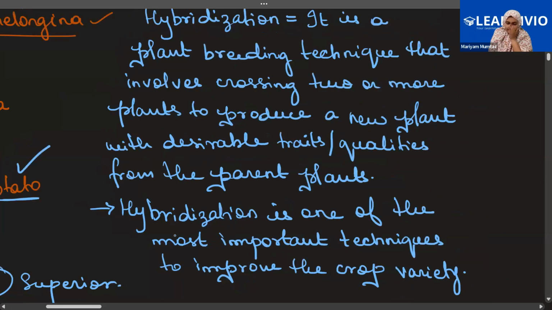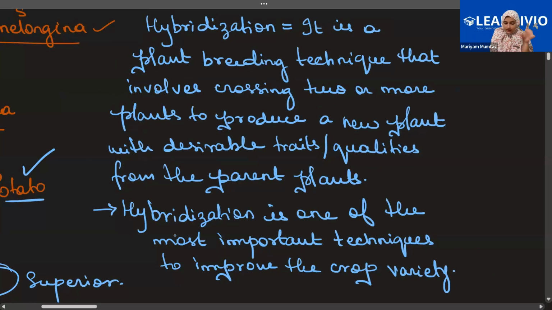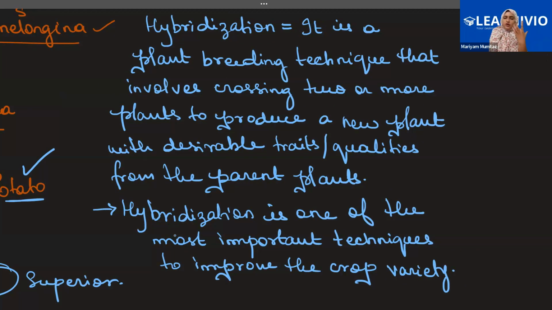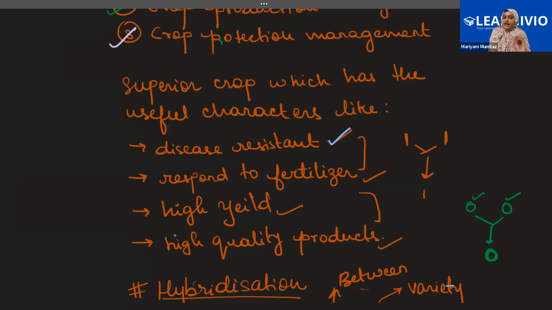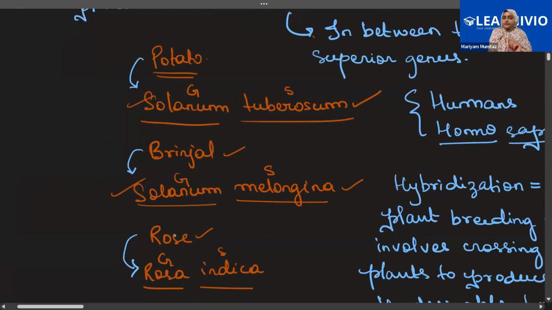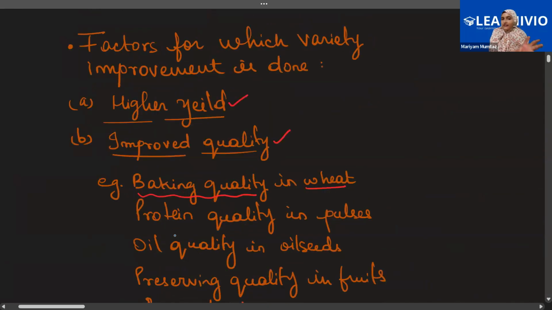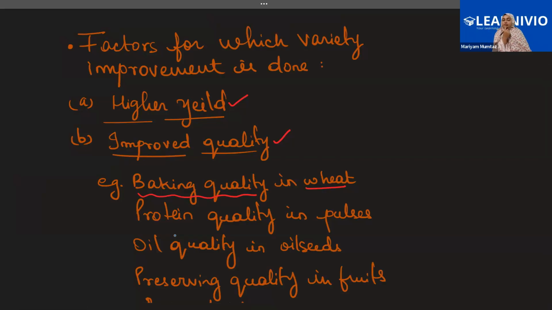No, okay. Now, when we talk about the superior crop variety, all of the features that it will have is that it will be disease resistant, it will respond to fertilizer, it will have a high yield, it will give high quality products. These are the qualities that they have. Now let us see the factors for which variety improvement is done. Why do we do crop variety improvement? We do it for a higher yield so that we have a much larger amount of product